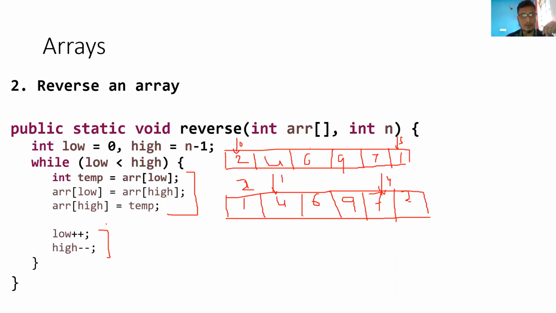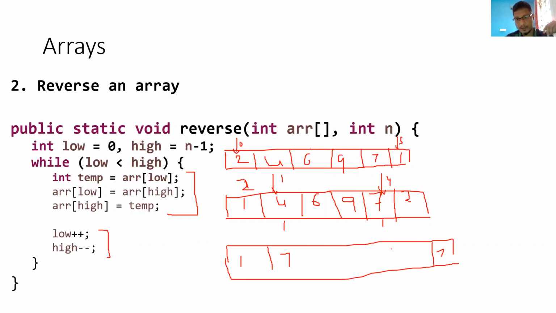So in the next iteration you again swap the low and high elements, right? So basically these 2 elements you swap. So in the second iteration what do you have? You have something like this. 1 instead of 4, right? You swapped it, 7 will come here, right? And 2 will still remain, and in place of 7, the 4 is already swapped, right? And now 6 and 9 will always remain the same. And next you go again. Now in this case your low becomes 2, and you do high minus minus. So high was at 4, so high becomes 3 now, right?